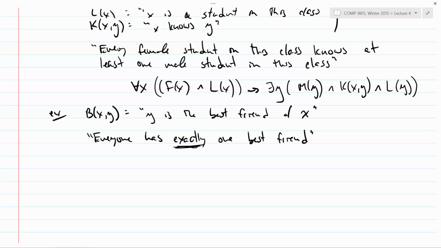You would say, y doesn't have fewer than one best friend. And that's easy because that is just saying that there exists a best friend of everyone. And the other thing you have to assert is that y, or x, or whatever variable you're using, doesn't have two best friends. So you assert that they have one best friend, and we know how to do that. And then you assert that they don't have two best friends, because they have exactly one. And if they had more than one, well, they would have at least two.